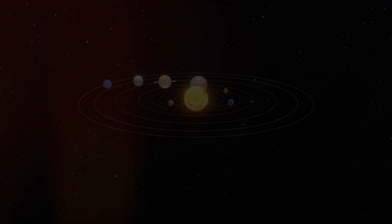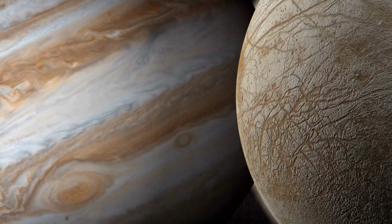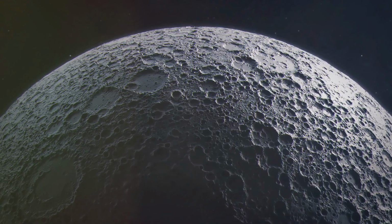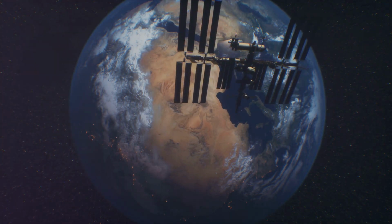study its properties. And there you have it, explorers, the most intriguing moons in our solar system where life might just exist. From the icy depths of Europa to the methane lakes of Titan, these celestial bodies hold endless possibilities and mysteries waiting to be uncovered. As we continue to explore our cosmic neighborhood, we're finding that the ingredients for life are more common than we